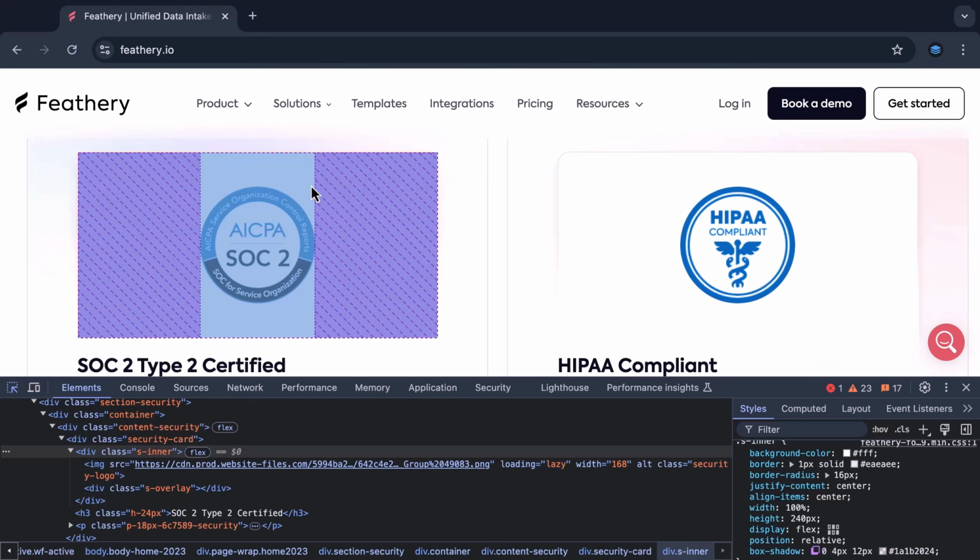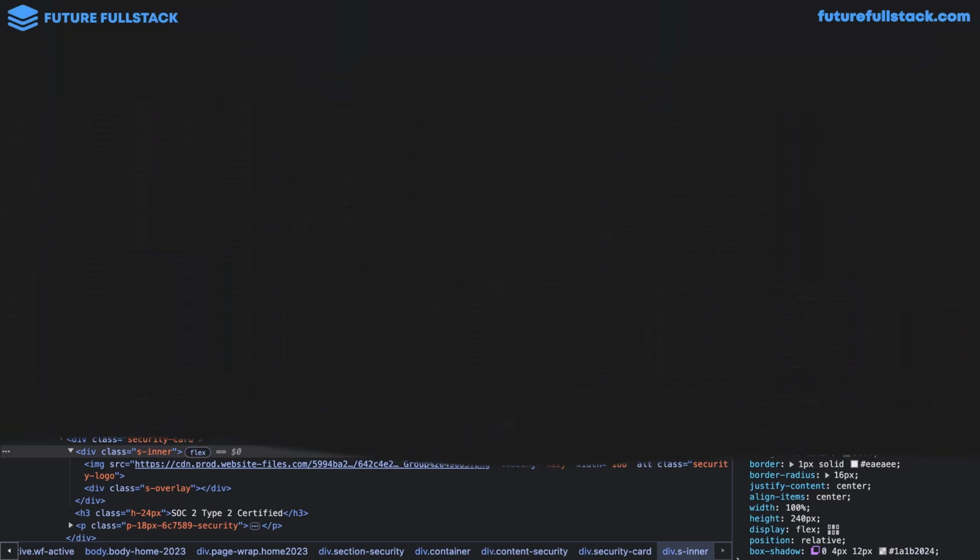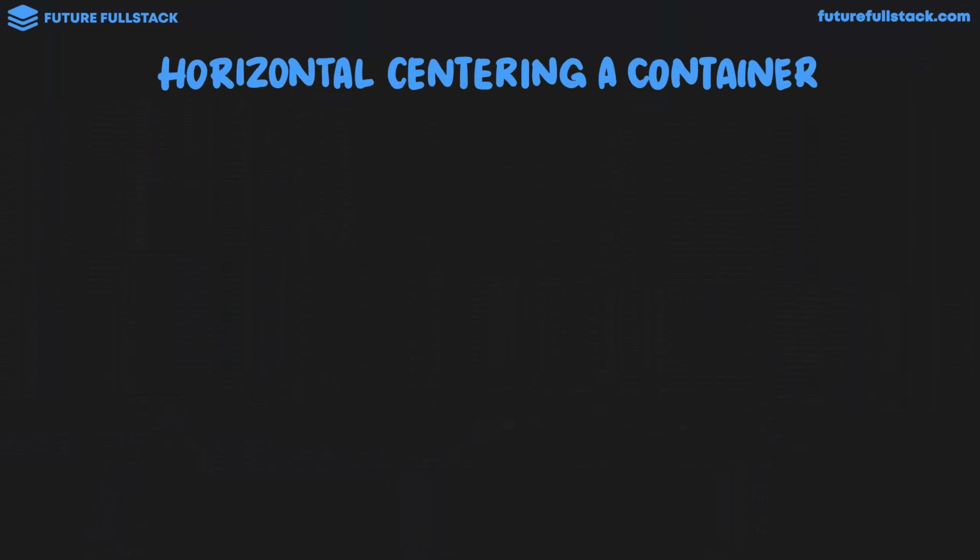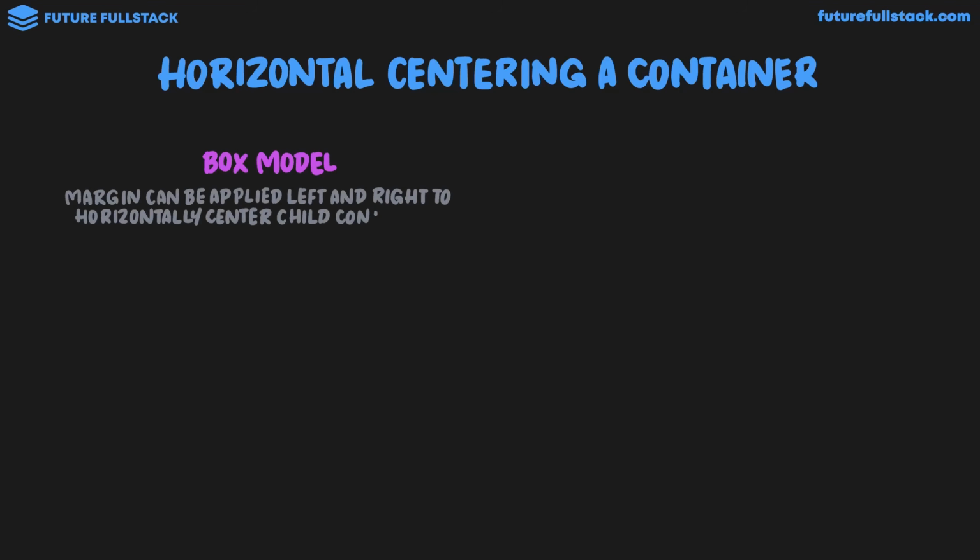So I'm now going to be taking a detailed look at all the different methods available to us for centering elements. We're going to start by looking at horizontally centering a container. Now there are two methods available to us for centering elements. The first is using box model properties, where margin can be applied left and right to horizontally center child containers. To achieve this, we'd use the margin property, set the top and bottom value to 0, and the left and